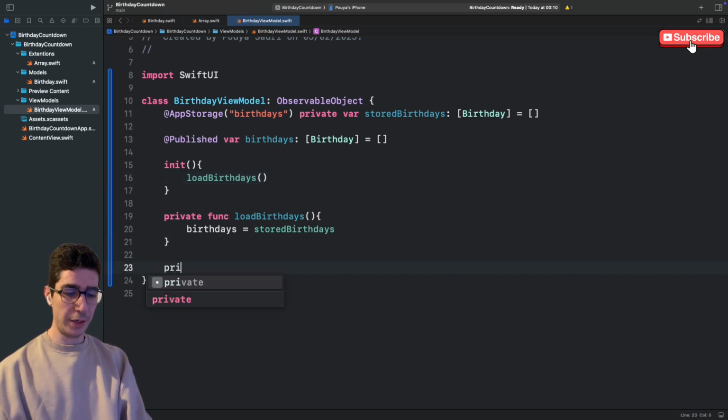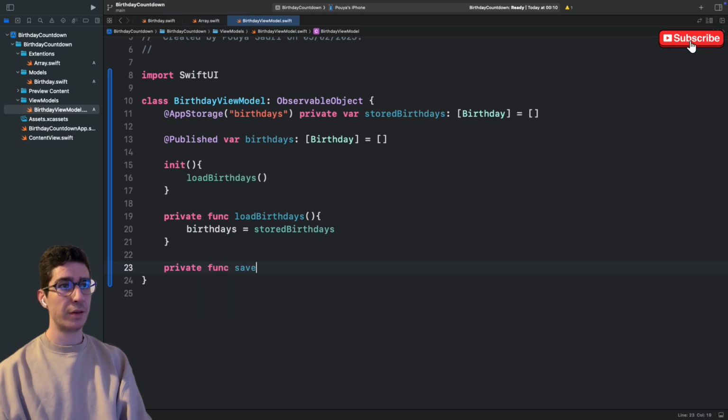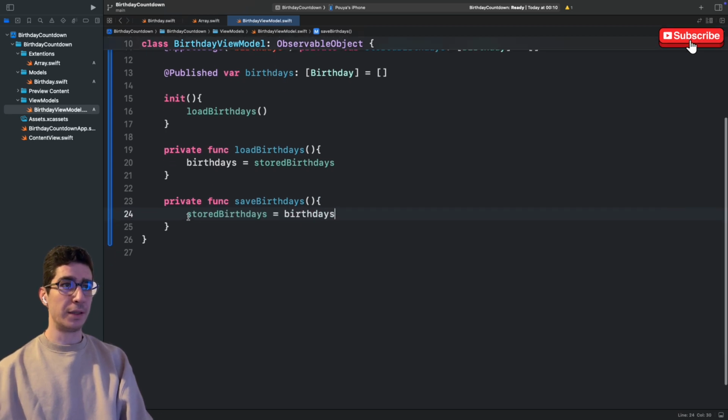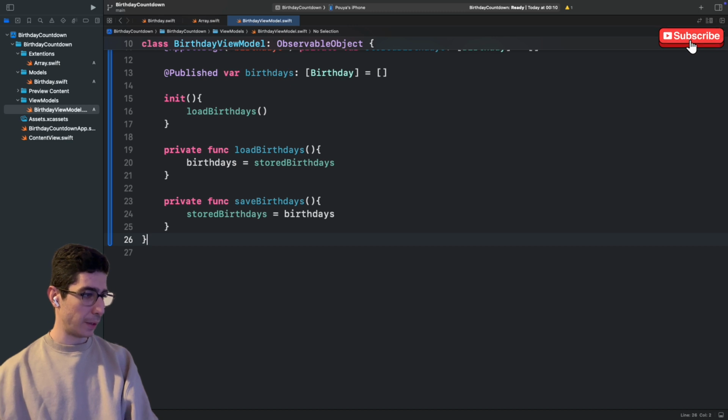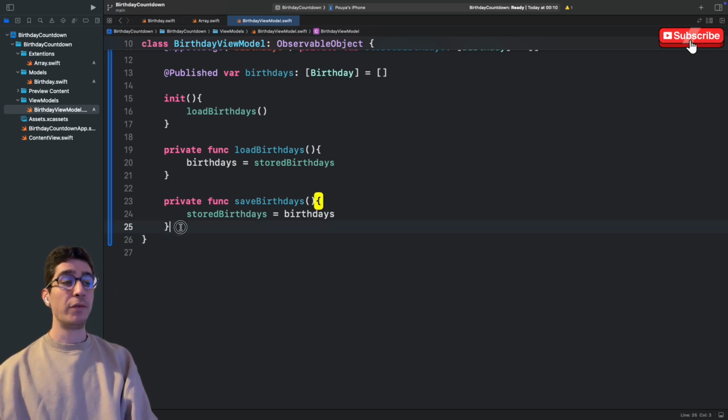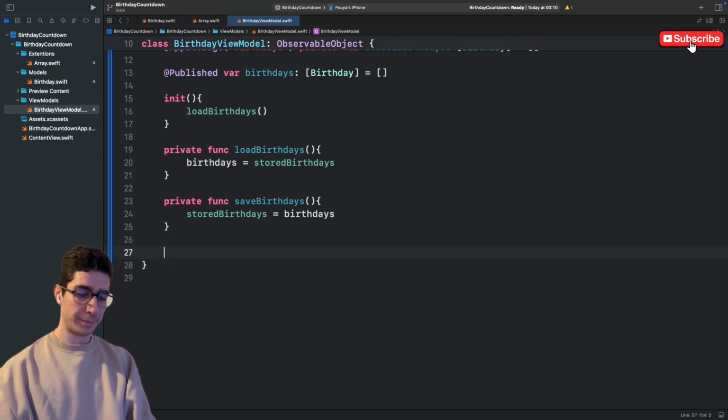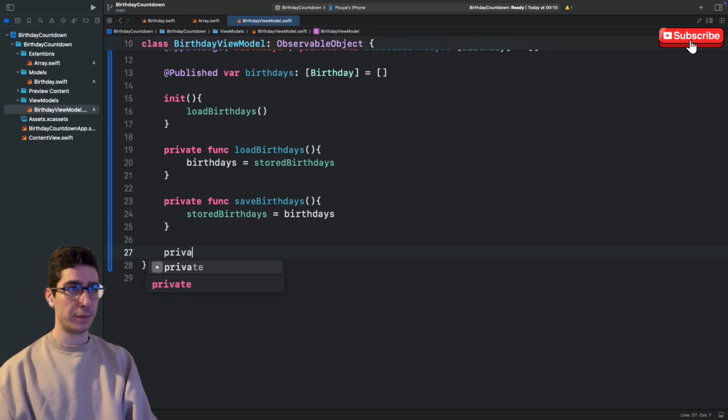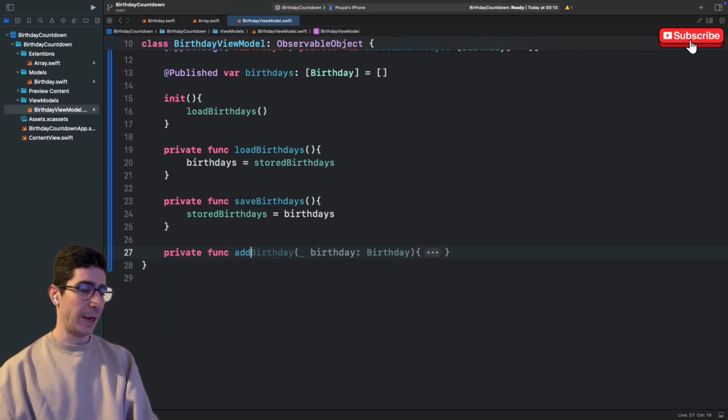Then we have a private func for save birthdays. And again, store birthday equal to birthdays. Here it goes. We want to add a new birthday. So, private function add